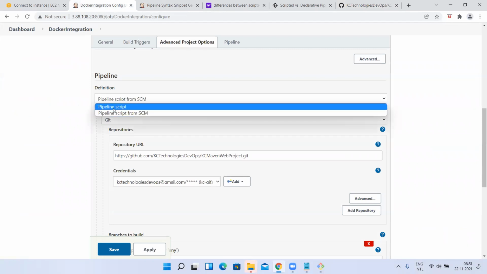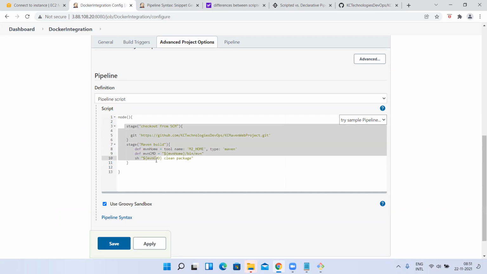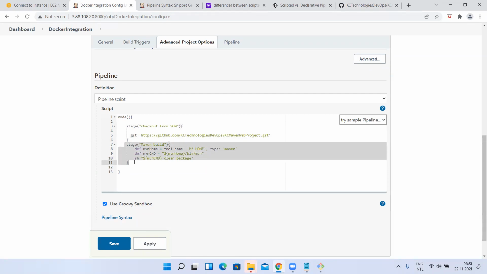Now I'm going to use this pipeline script only. So two stages I have written so far. Now tell me, in real time, if I am using a Dockerized project and I want to automate the deployment process, first, what should I do? I have to take the code from Git. I have created one stage to take the code from Git. Next, I need the war file, so I have created one more stage which uses Maven and builds the artifact.